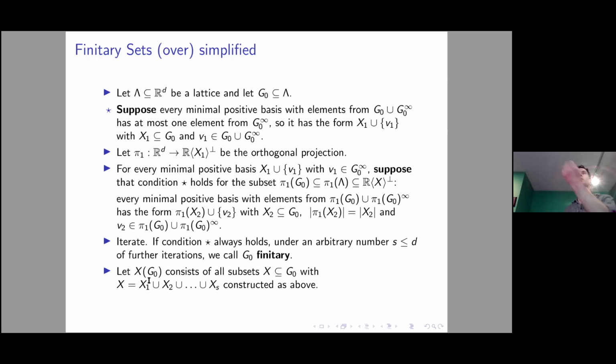We could have a sequence of points that tends to infinity from G0, and you can just think of it as tending to infinity, going off radially approaching a point on the unit circle, but it's also having, say, an unbounded drift in a different direction that's linearly independent from that radial direction it's approaching. That would be a second order unbounded direction. And we could have a third order one too. This could be made precise, but I'm not going to deal with that too much in this talk. For the moment, just view these sets X as a set system associated to the original set of lattice points G0, which in some way captures all the infinite directions in which the set G escapes to.